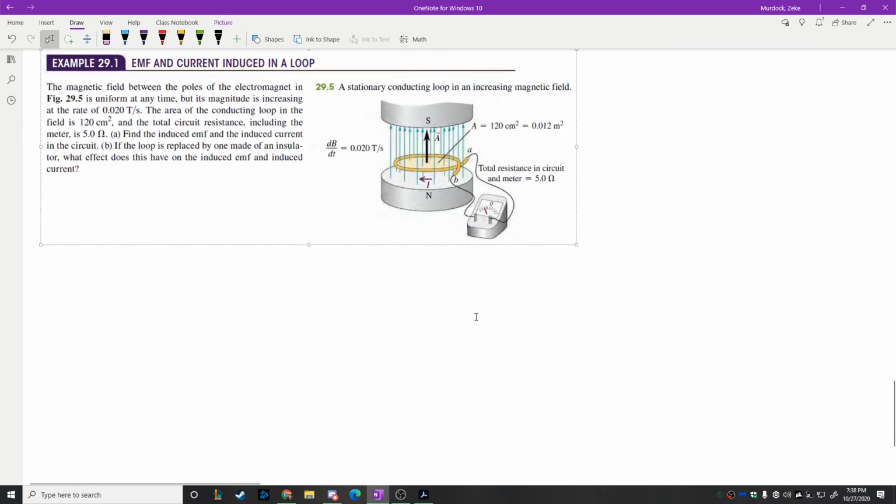Okay. So EMF and current induced in a loop. We've got a little loop of wire right here. It is connected up to an ammeter. The total resistance in the circuit and the meter is 5 ohms. The area of the loop is given right here, 120 centimeters squared. It says the magnetic field between the poles of an electromagnet, so the north and south poles of the electromagnet are here, is uniform in time,